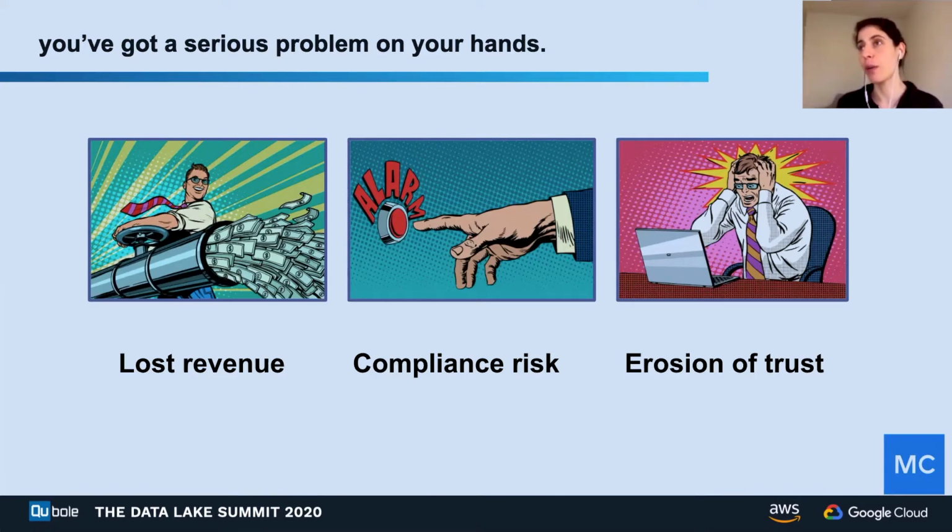A third one here for how data downtime or bad data can impact your company is obviously the erosion of trust, right? For me in particular, if I can't trust the data, why would our consumers trust our data, right? I was just talking to this e-commerce company not too long ago, and they told me something very powerful. They said, data really is our product and data is our business. And when the data on our website is down, it's actually as bad or even worse than our website being down. So as you can tell, the problem of bad data or data downtime is a very serious problem that impacts across industries and across data teams.